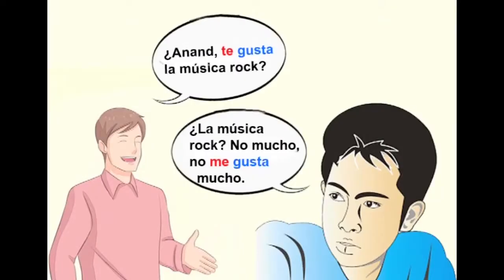Have you noticed from the conversations with the word gusta, there are these words me, te and gusta, the verb, instead of yo, tú, the subject pronouns that we normally use with the verb. You have me and te before the verb form gusta. Me gusta and te gusta. Let us look at another conversation to understand it even better.